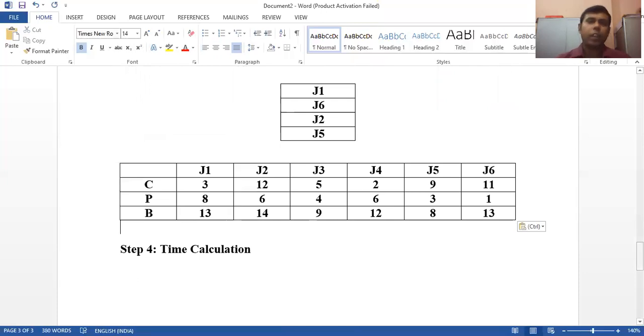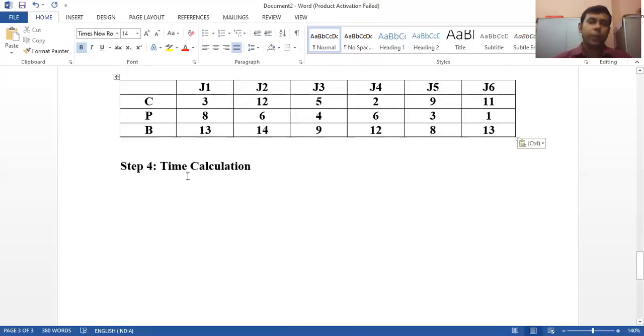Now see, we need to draw a table. So how many columns will we have? One column for jobs, then one for C, one for P, one for B, that means 4, for idle time, right? C will be split up into 2, start and finish. P will be split up into 2, start and finish. B will split up into 2, start and finish. And idle time will be split up